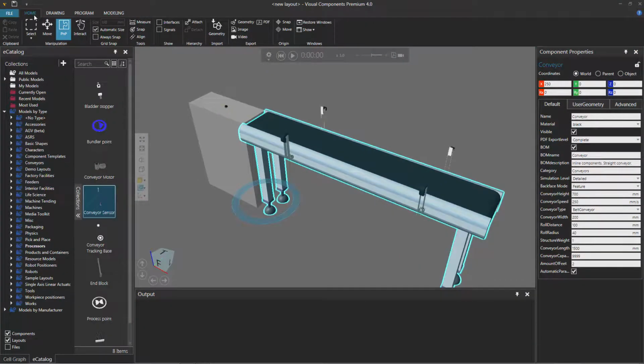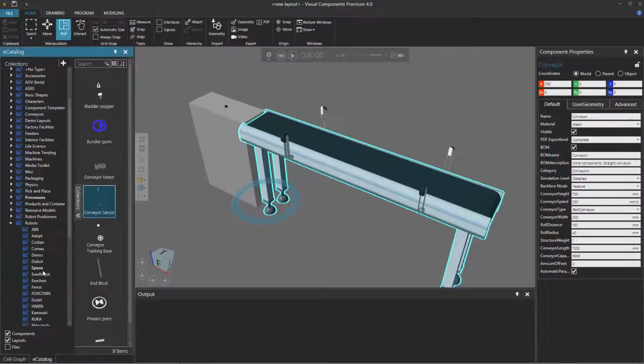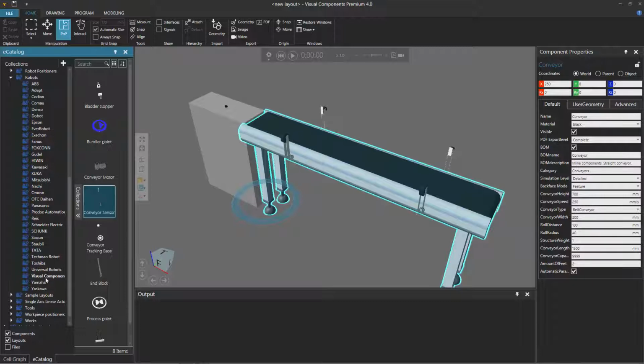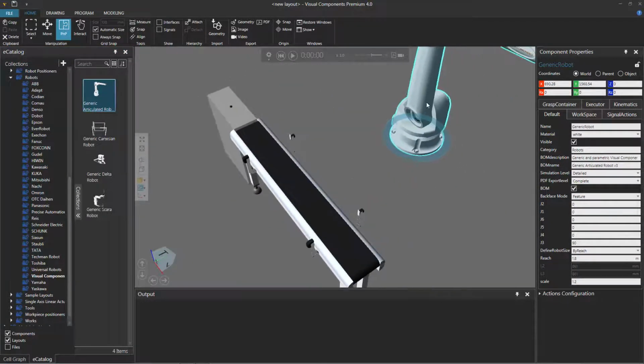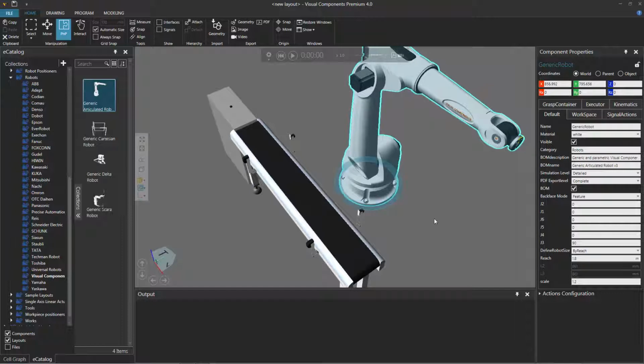I'll go to the Home tab, and let's add a robot. So in the eCatalog panel, under Models by Type, let's expand robots. And here are the robot manufacturers we support. Let's now click Visual Components and add a generic articulated robot to the 3D world. So I'll drag that item into my layout and just move it so I can see it, and the robot's